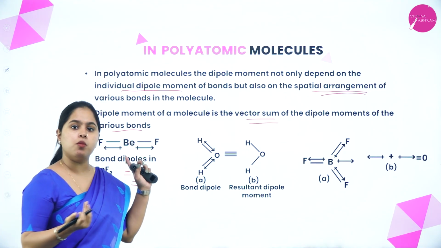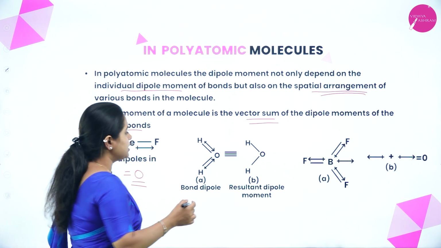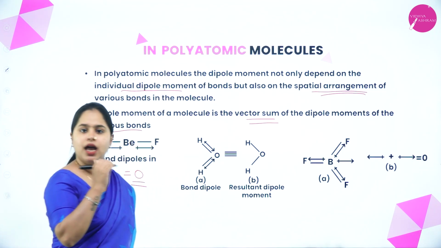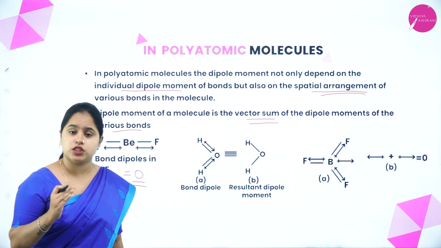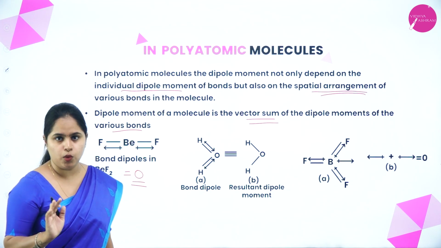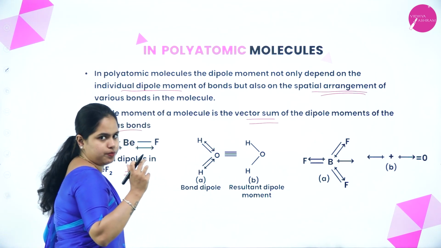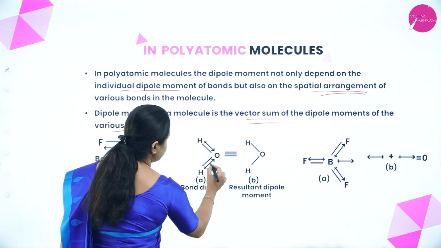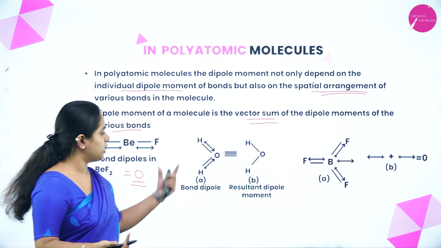So the net dipole moment will be 0. Now moving on to water. As you can see, there is one oxygen and two hydrogen atoms, represented like this. We know that out of oxygen and hydrogen, oxygen is the more electronegative one, so the arrows will be heading towards oxygen, right? One in this direction and one in this direction. Do they cancel out each other? No, right? So they will have a